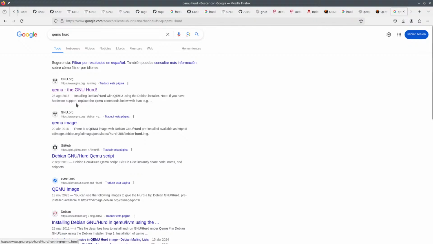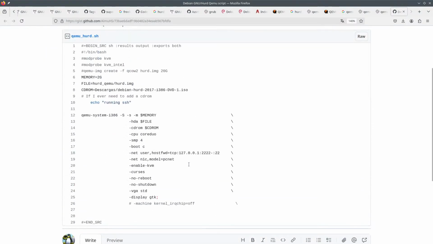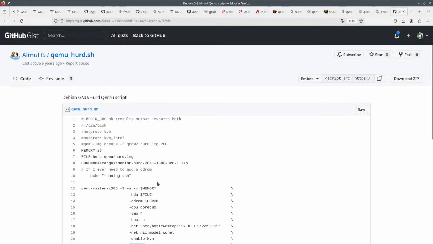Why do you have documentation from 2016? Okay, QEMU script. Display GTK, VGA STD. Curses? What the hell is this curses thing? When, 5 years ago, oh my god.